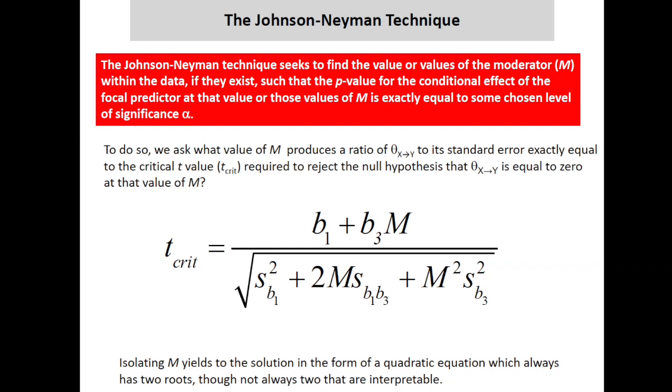Now, we don't care so much about t. It's really just a way of getting to the p. The p comes from the t distribution. We don't even really care exactly what the t value is, so long as it gives us a p-value of 0.05 or less, the so-called critical value of t. So let's reverse the problem and decide what we would like the critical value of t to be. That will depend on the alpha level we choose for the test. It's generally around 2 regardless, but sometimes a little bit less or a little bit more, depending on the sample size. So let's decide what we want our critical t to be, and then figure out what values of M produce a critical t exactly equal to that.